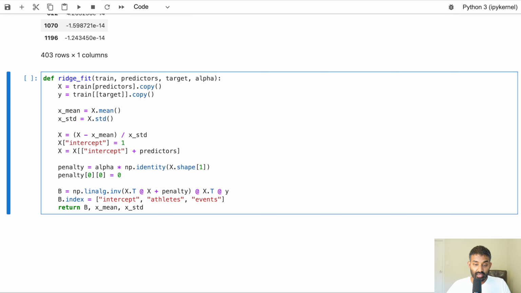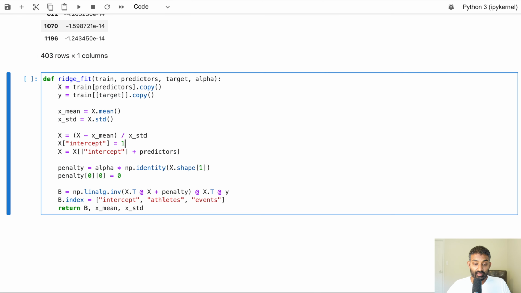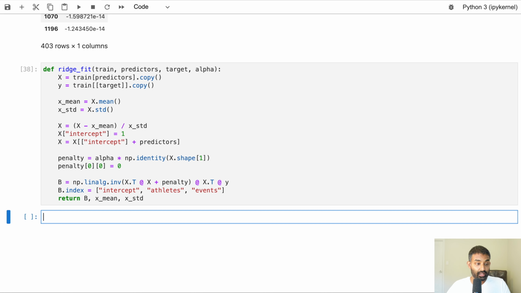And what this does is it's first generating our X and Y matrices from our training data. Then it's finding the mean and standard deviation. Then it's actually correcting our data, so scaling our data so that the mean is 0 and the standard deviation is 1, then adding in the intercept, then calculating the penalty matrix, and then finally running the full equation to get the coefficients. So this whole thing is just fitting a ridge regression model, doing exactly what we did before,